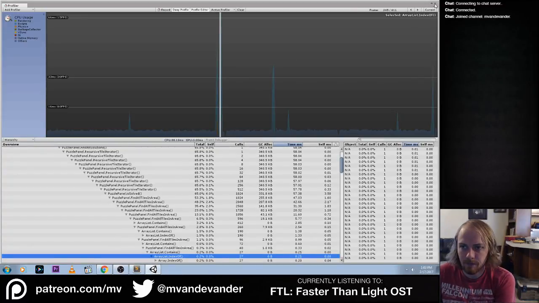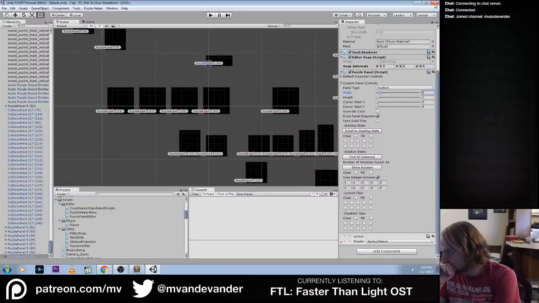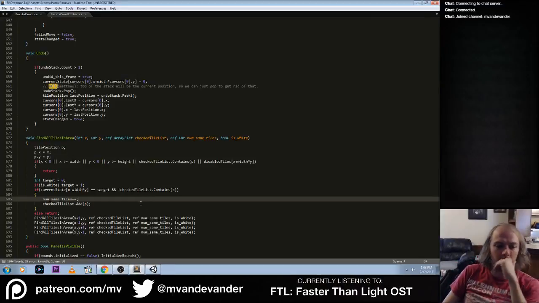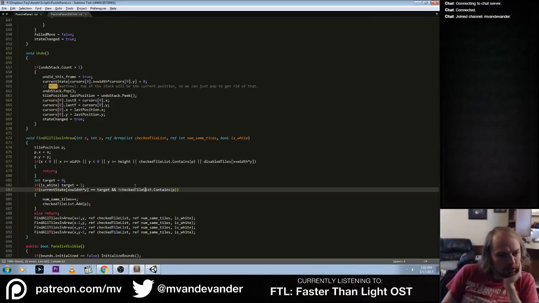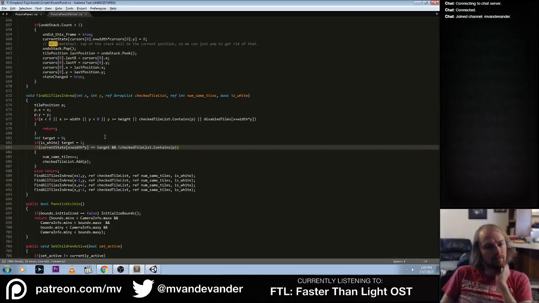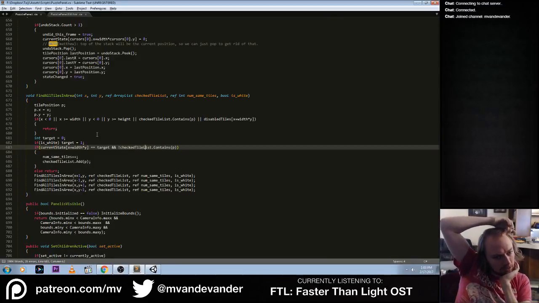So I'm not sure of a great way to do that without doing array list contains. Nor can I think of any way to do this in a better way, because